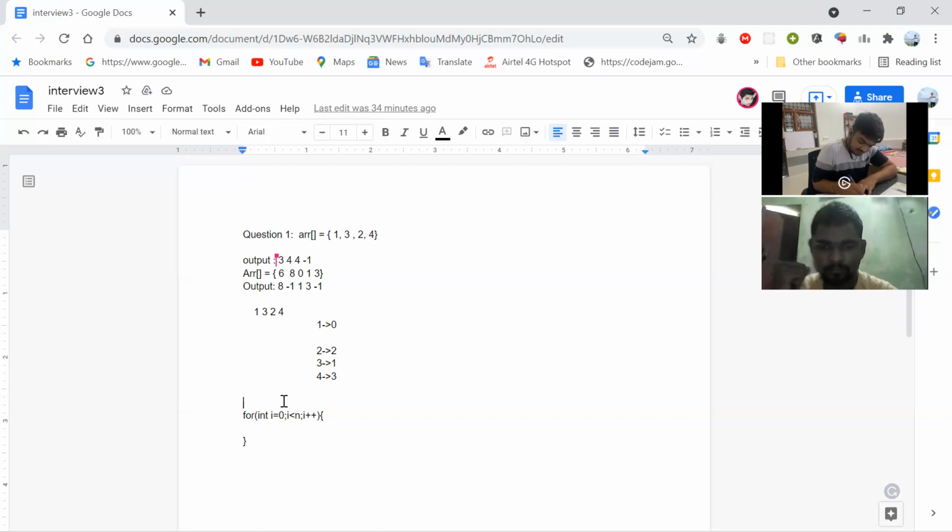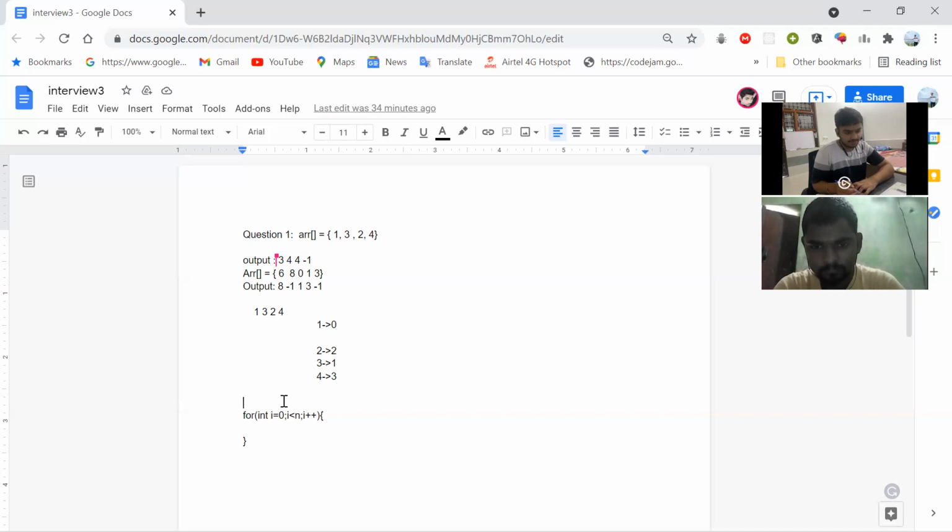I am storing at every index, at each ith index, the maximum element till that ith index.